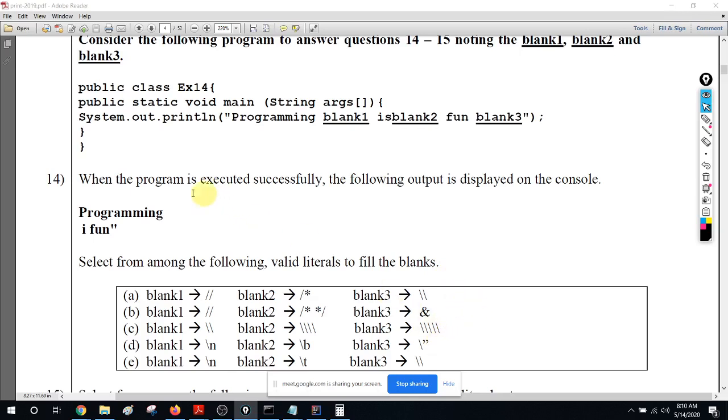So let's see. So programming will be printed obviously. Let's assume that there are no compile errors, but I don't think there are any compile errors here, or here. If you make it okay, there will not be any compile errors here also, right? So first it has to print programming, right? Then it has to go into the next line, right? You can see that I is printed in the next line. So therefore what we need here, we need /n, right? So /n is there to go for the next line. So that means straight away we know that it can't be ABC, it must be either D or E, because that is where you have the /n.